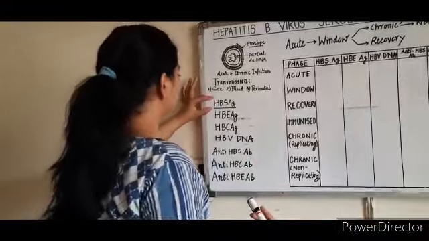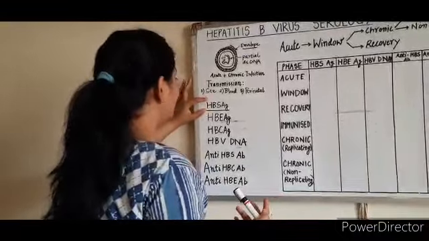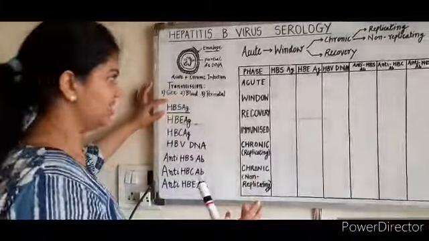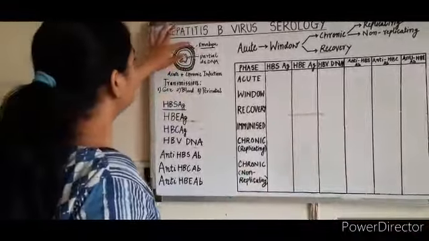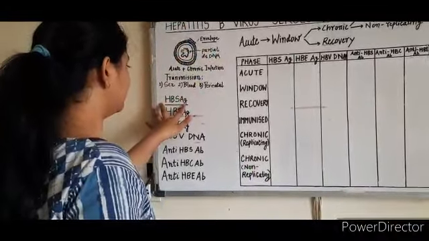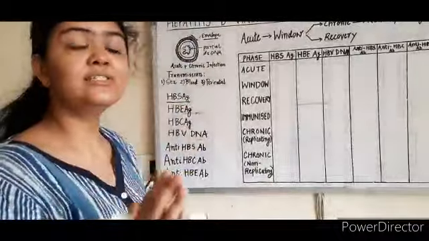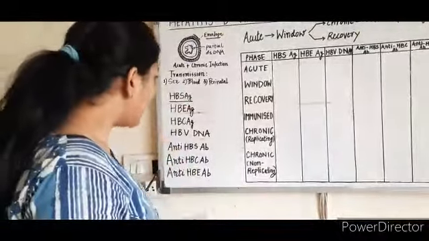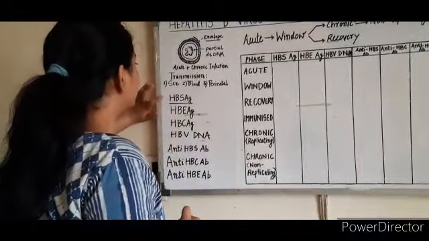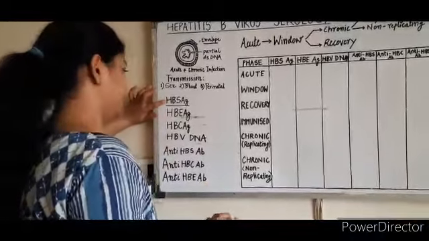So what is the antigen? The first one is the Hepatitis B virus surface antigen, also called HBsAg. Now where is this present? This is present over on the envelope here. Here on the envelope lies the surface antigen. What does it denote? It means you have been infected. The fact that you are infected means that you shall have Hepatitis B virus surface antigen in your serum.